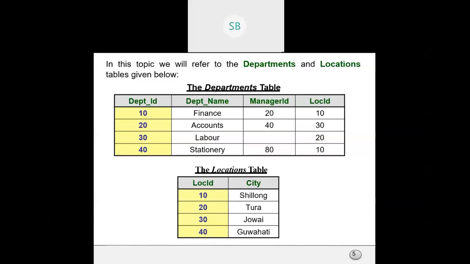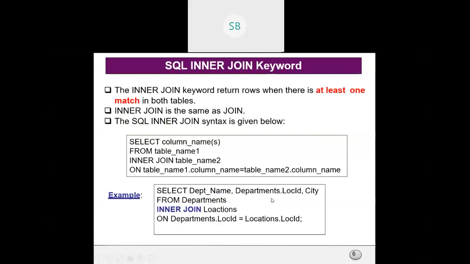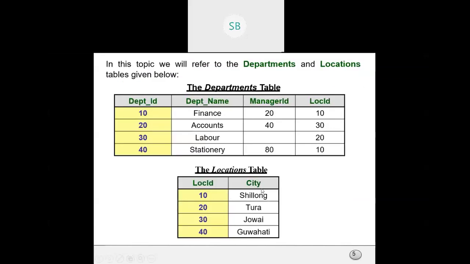If we only write the LOC ID, MySQL won't be able to understand which LOC ID you are talking about. That is why, to remove the ambiguity, we are mentioning that we are referring to the department table's LOC ID, and city.